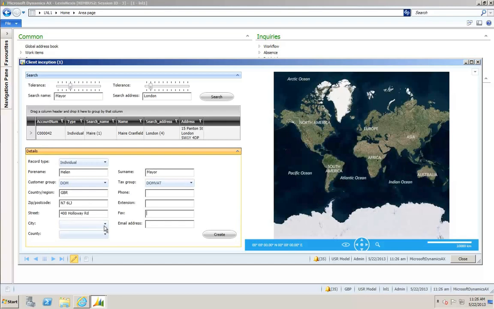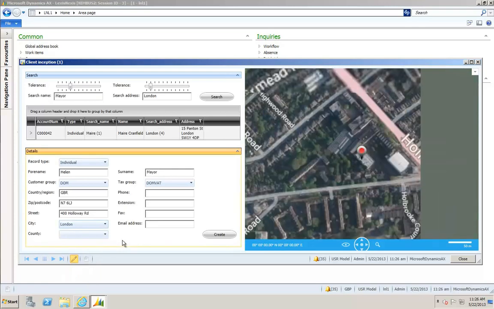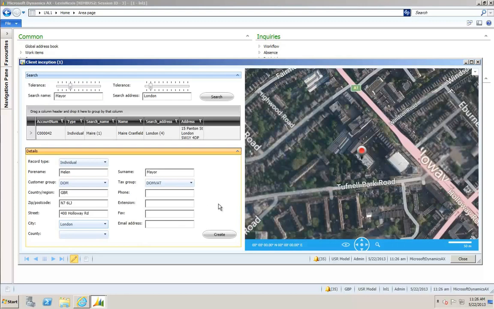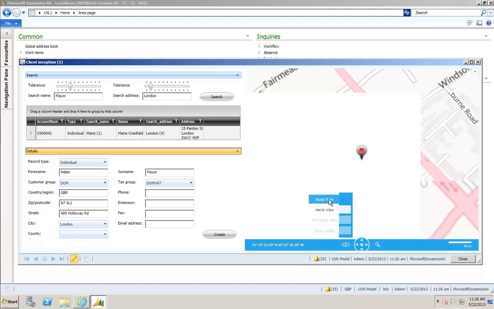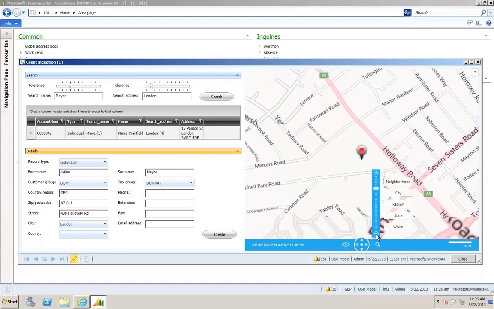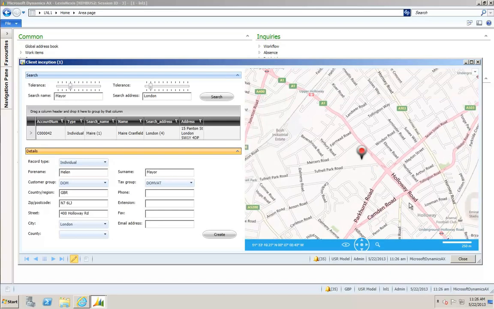Now, I've placed an event on the selection change of this drop down because I'm assuming that sufficient address elements have been entered by this stage, and this should cause the rad map to zoom in, which it does. Awesome. Now because the aerial view is switched on, we probably can't see the road name, so I'm going to switch the view and zoom out slightly, and we can see that indeed we're on Holloway Road here, and this is probably the location of 400